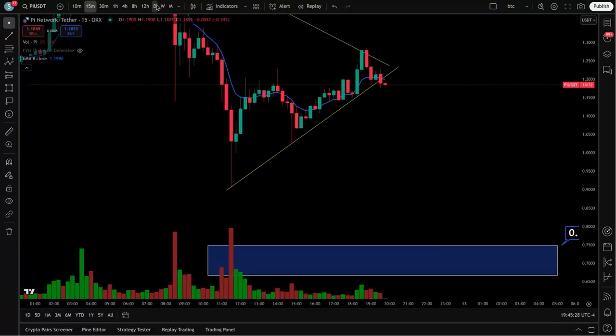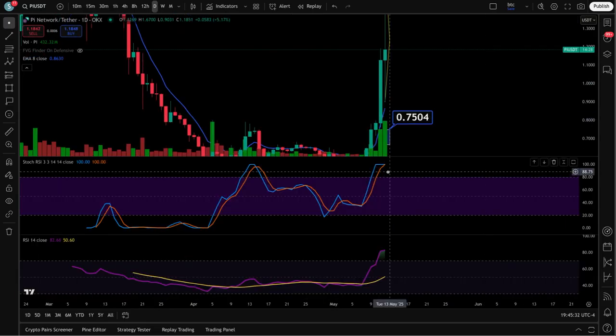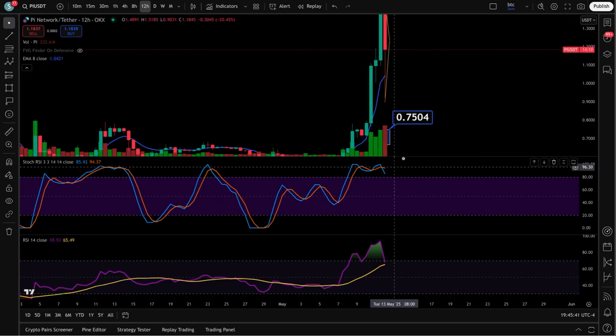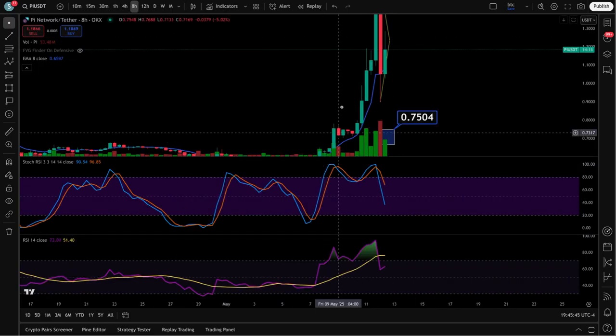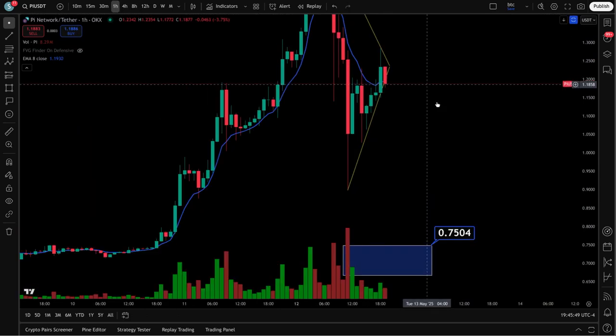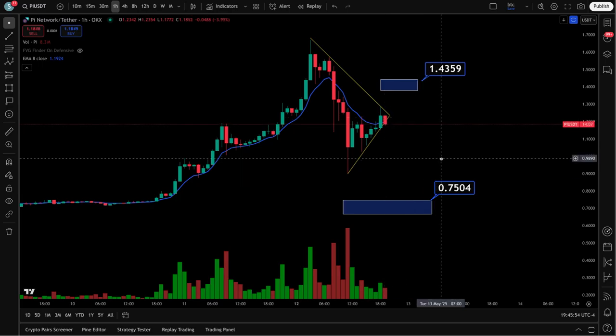Now, if we look at the RSIs here on Pi, let's look at the daily. The daily's right at the top here, getting oversold. Weekly, don't have a weekly on here yet. 12-hour coming down, you've got the 12 coming down, the 8 coming down. All right, so it looks like you could get a correction here, and a push down. So keep an eye on that.